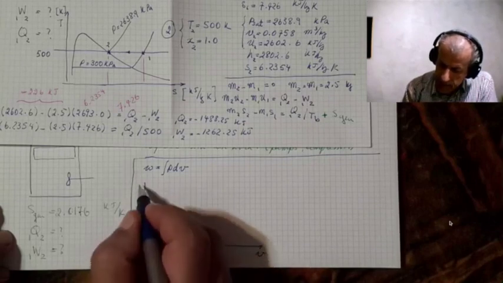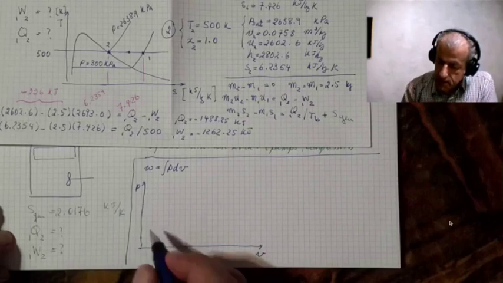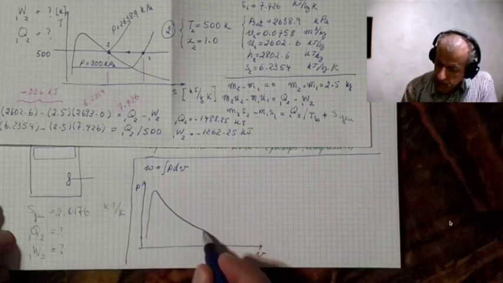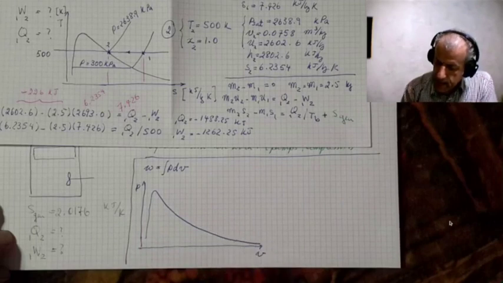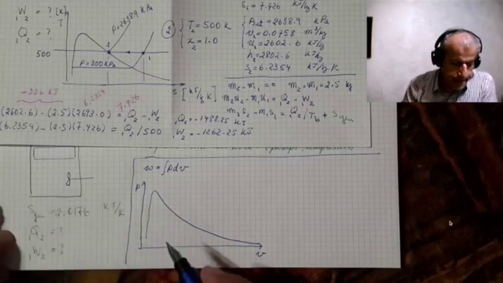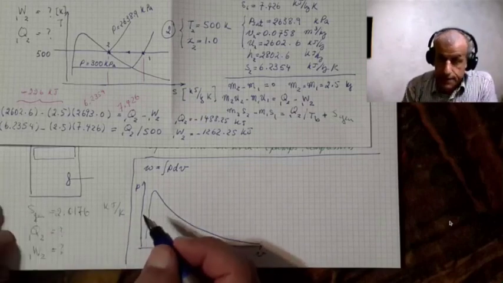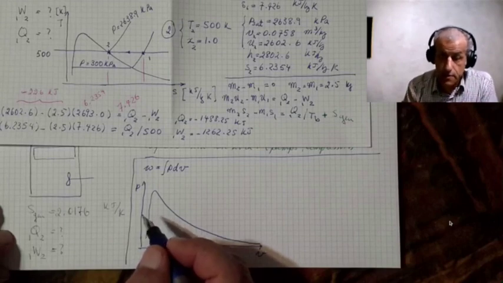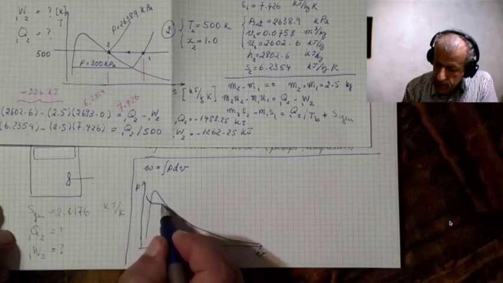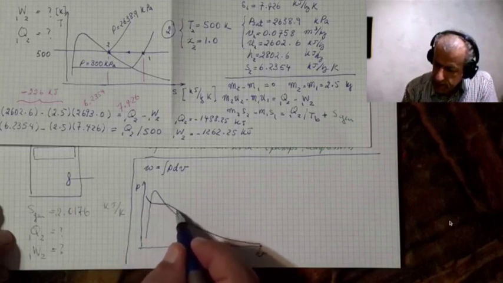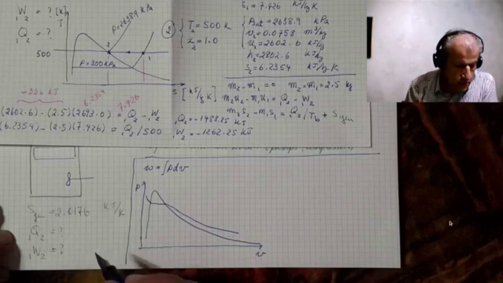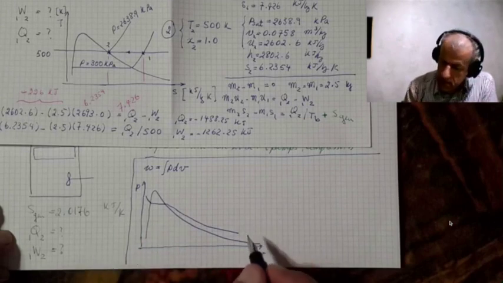This is V. This is P. This is the saturation line, and the main line that we are interested in is the temperature line for 500 kelvins. So this is 500 kelvins,